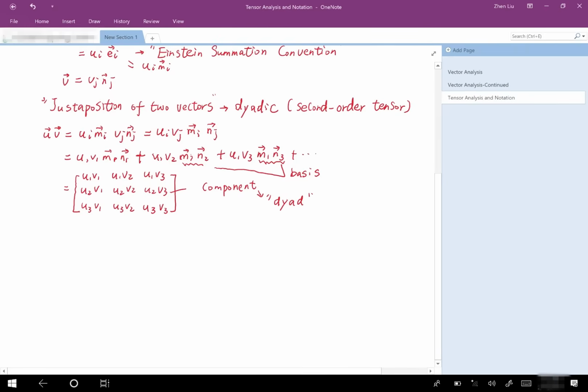And if we want to take a look at what it looks like, for example, for M1 and 1, it looks like this. It looks like 1, 0, 0. And if it's M1 and 2,